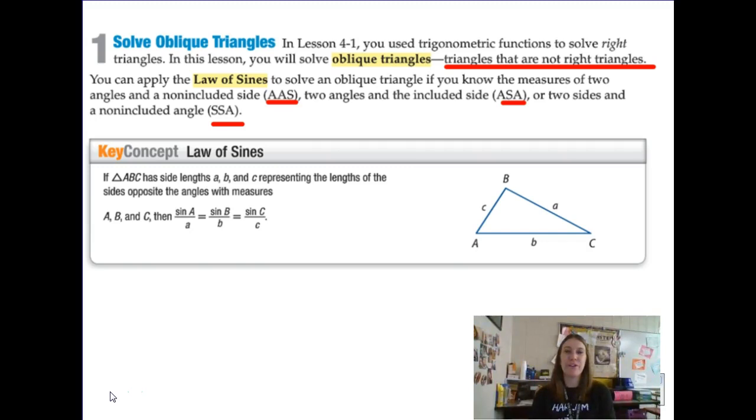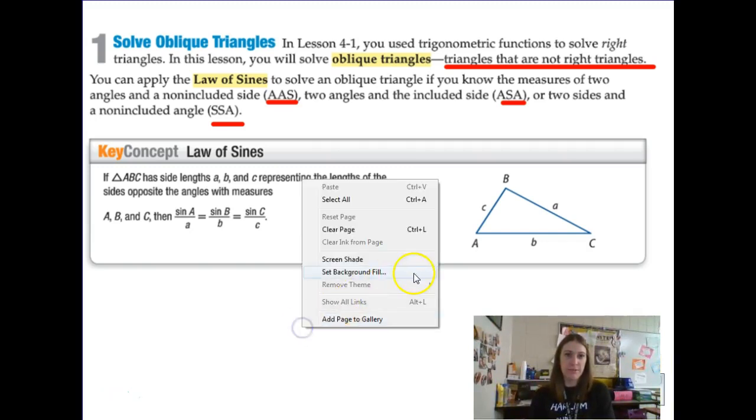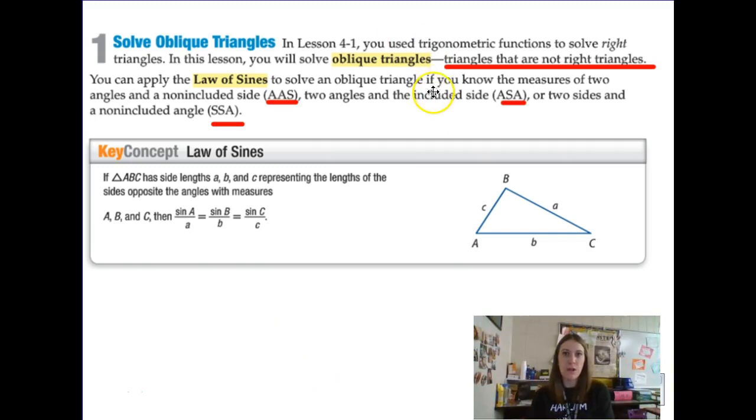So we're going to be solving for non-right triangles, oblique triangles, and you're going to remember some things from geometry about the clues that you're given regarding the triangle. So we're going to have situations where you have the angle side, the angle side angle, later on the side angle side for law of cosines, and then the one that in geometry they wouldn't let you use for congruence postulates, the